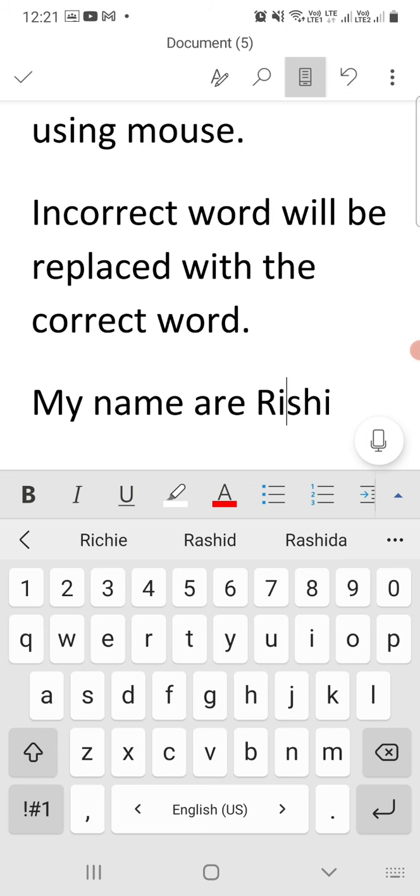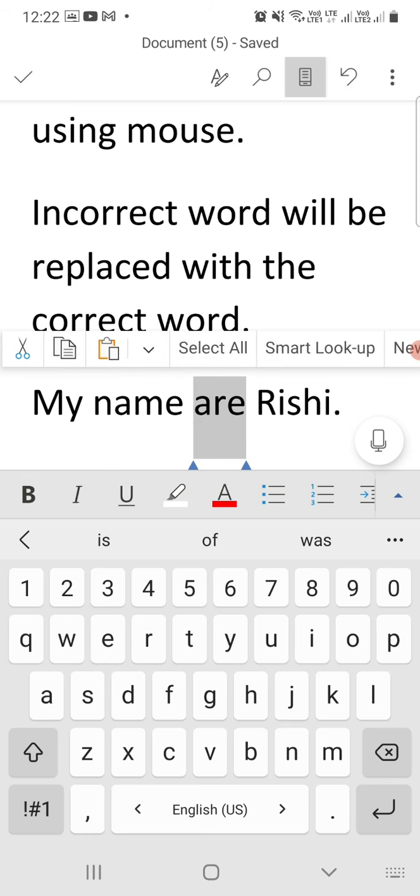Okay, so this is the line. My name are Rishi. Now you can see the sentence is wrong, right? The grammatical mistake is here. My name is Rishi. That should be the corrected line. So it is not showing you the green wavy line or blue wavy line.